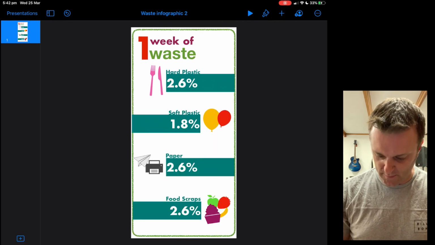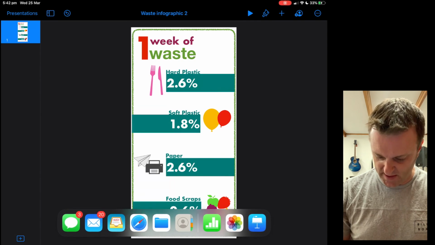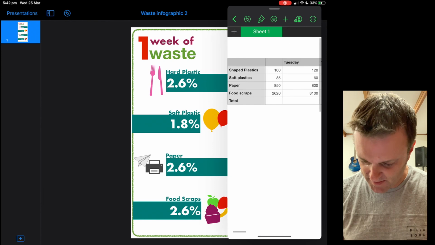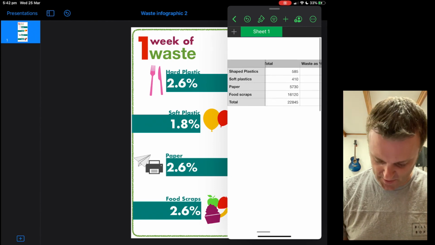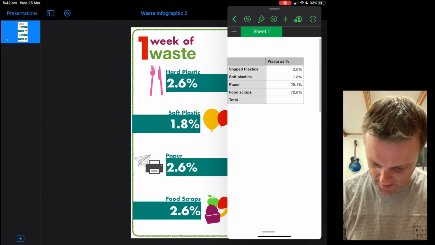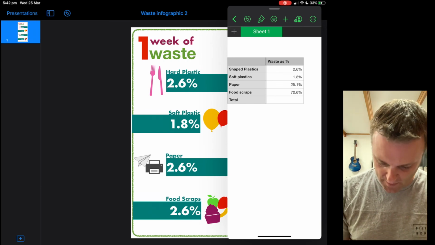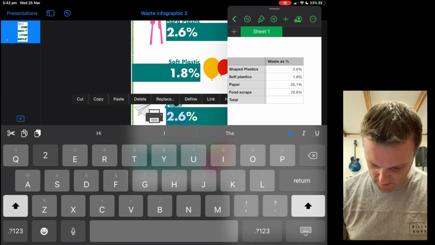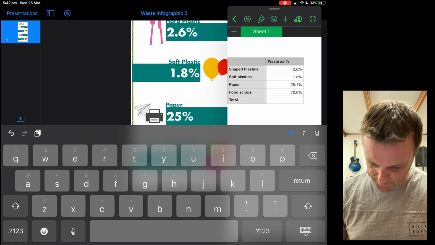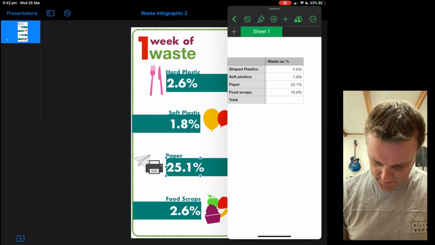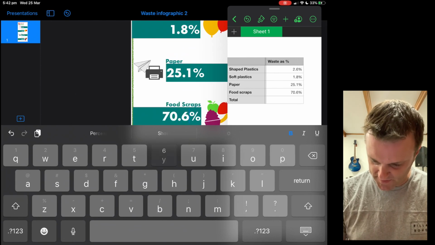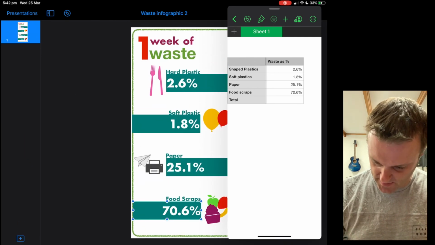This is where I could, if I wanted to be a little bit sneaky, grab my data and just put it here. Don't worry if that looked to spin you out by just putting that there, but either which way, I know I can do it. 25.1 is my paper, 25.8, 70.1, and my food scraps was 70.6%. And now I can sort of